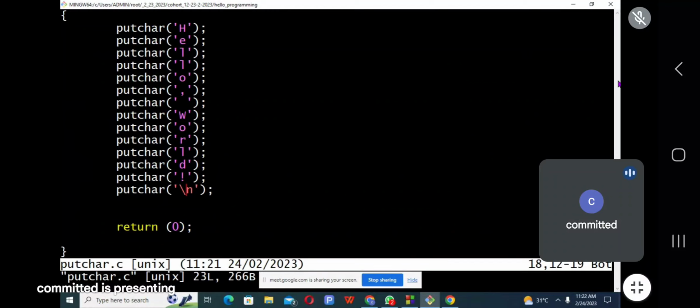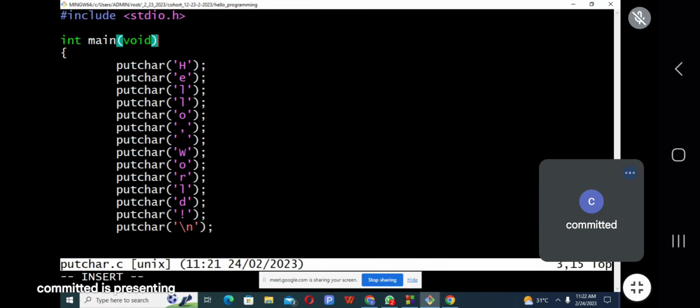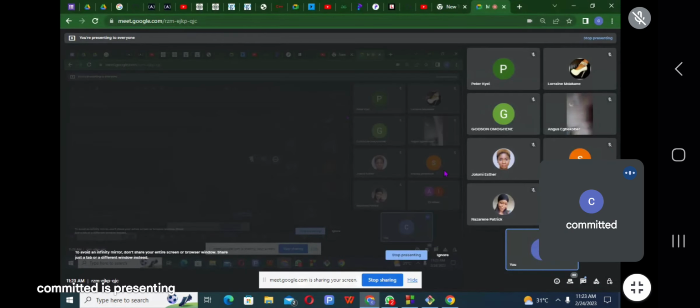So this is how to use putchar to print characters. It will only print one character at a time. This is one character. This is another character. This is another character, and so on and so forth. So that is about that.